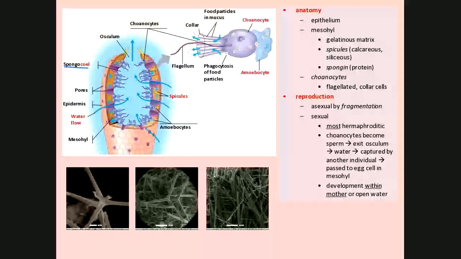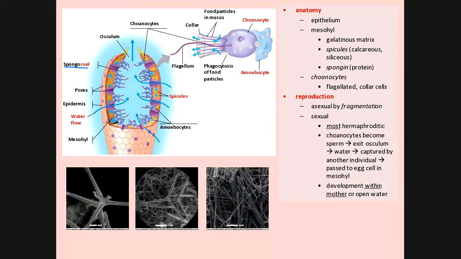If they capture food with the collar, they phagocytize the food. This is why you can't forget your Bio 1 again. They engulf it, right? Now, here's what's kind of cool about sponges. They're a little bit like the Volvox that we saw when we were looking at green algae. Is it a colony of cells or individuals? Where does being an individual end and being a group begin? That's a discussion I've had a couple of times with you. Sponges kind of straddle the fence on that again, right?